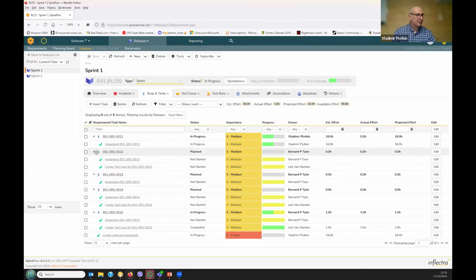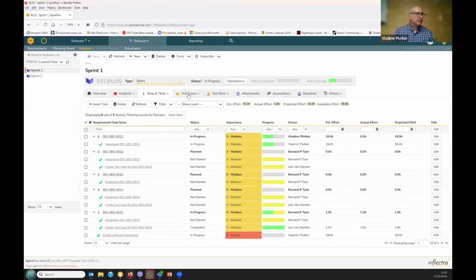As you can see, requirement 12, for example, got 2 tasks. One task is for developers, another is for testers, and they allocate different people. And this task doesn't have a requirement associated with it because it's just something generic, create software framework. There is no requirement to create a generic